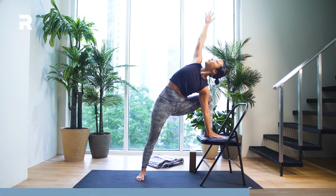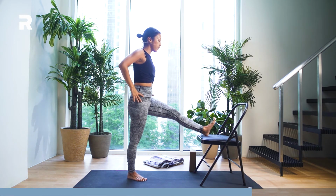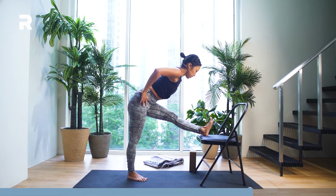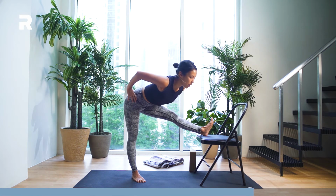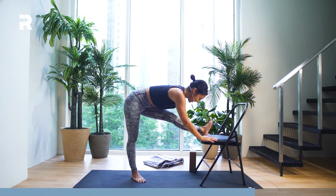Take another 3, 2, good job, and slowly back down for 1. All right, turn your right foot in, flex your left foot, hands to the hips, inhale. Exhale slowly to fold forward. Again, either folding towards the leg or just in the center of your hips. Take another 3, or again, you can hold the chair. 2,